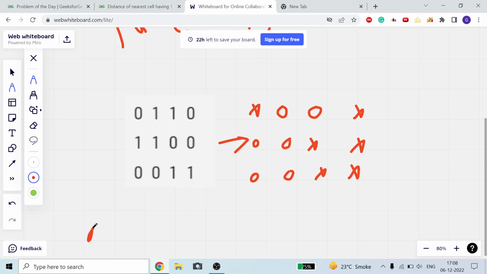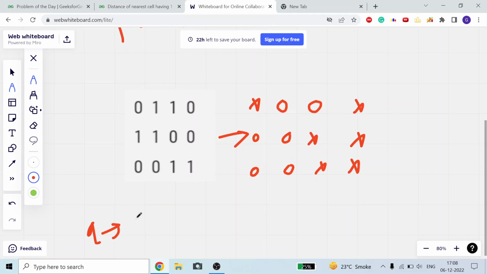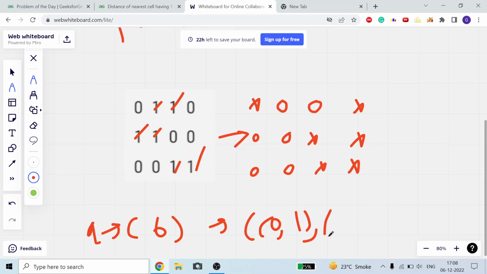And we will take a queue of pairs where we will store the indexes of all the ones, total 6: 1 2 3 4 5 6. So total 6 indexes, like 0 comma 1, and the other one is 0 comma 2. Similarly 4 more indexes, which I am not writing here.